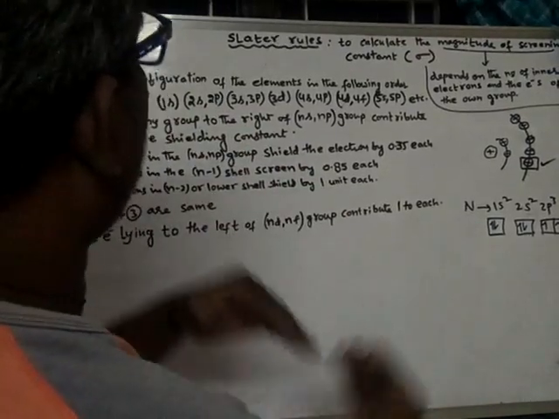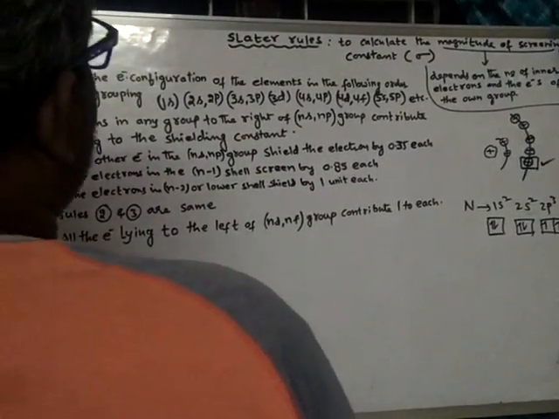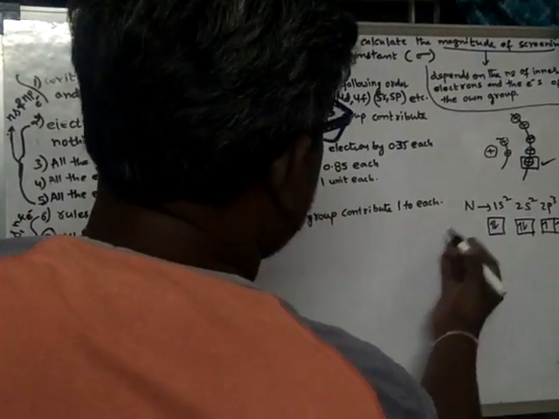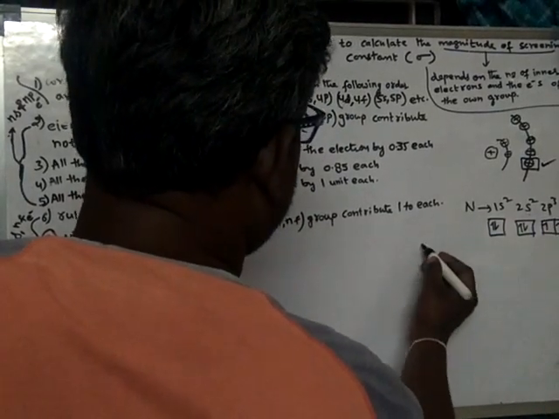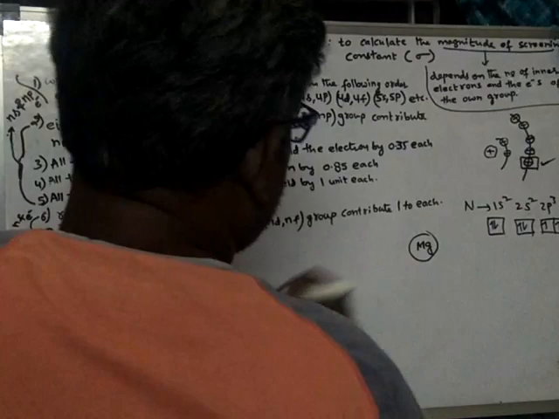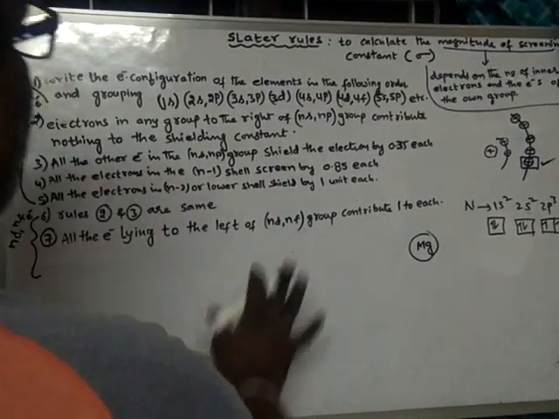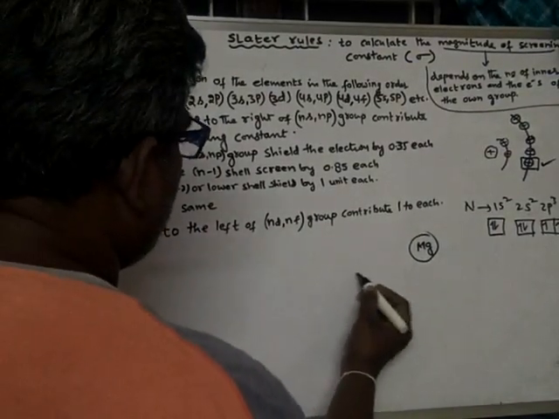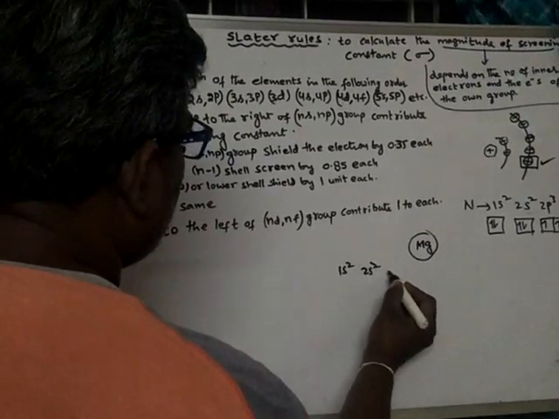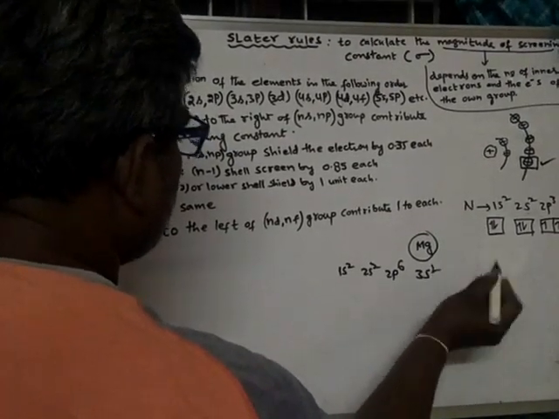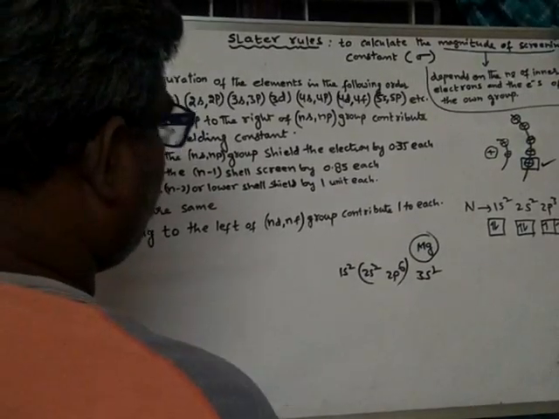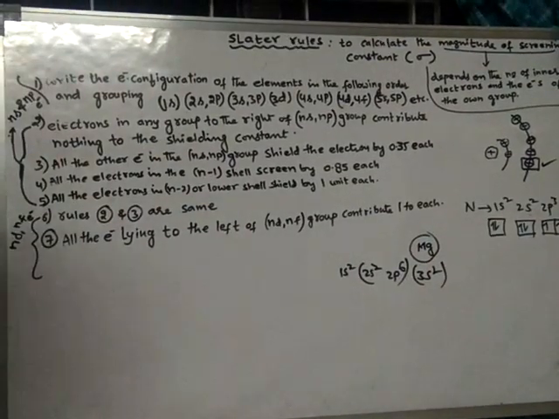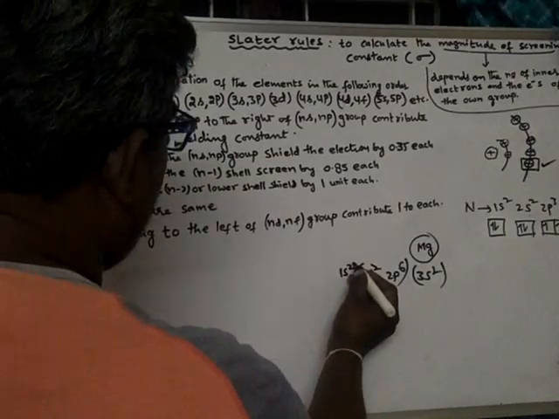So I will take one example and explain. I will take the example of magnesium. I will explain about nitrogen also, but for the time being, just to explain this concept, I am taking the magnesium example. Magnesium's configuration is 1s2, 2s2, 2p6, 3s2. So these two will become a group, and this will become a group because there is no 3p in magnesium. Electrons are not present in 3p. So here this will be one group.